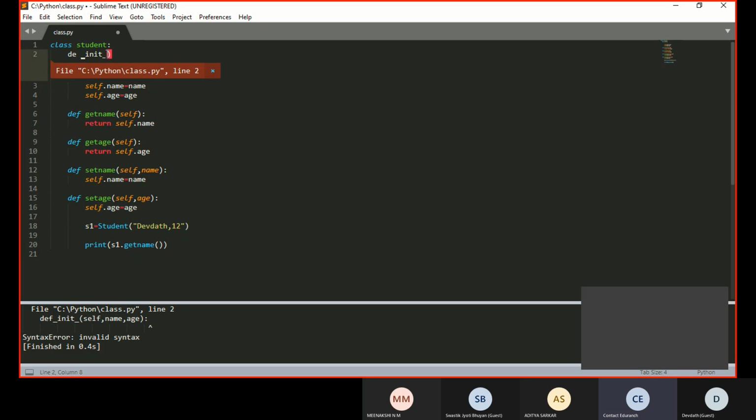Two underscores. I think you have pressed insert key or something, replacing. No, sir, my space bar deletes things. Okay. Two underscores, not 1. Underscore init underscore. That's what we agreed, right?